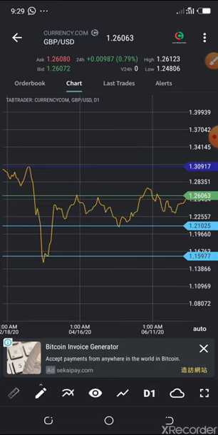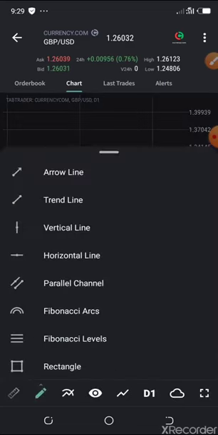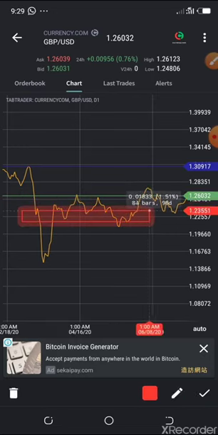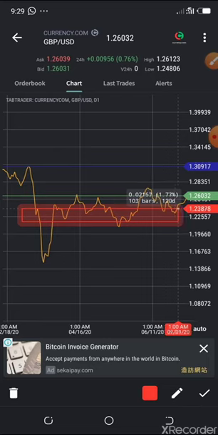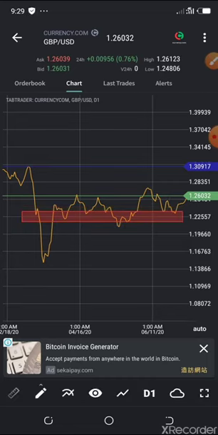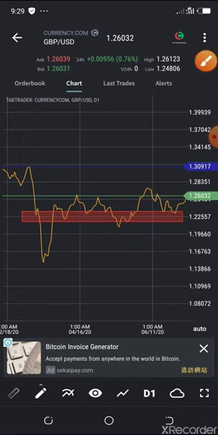Okay guys, let's start afresh for the beginners. We'll use this to indicate the zone. So I want to pick out zone 1. You see what happened here? There was a price reversal, and then we had three points. That's point 1, point 2, point 3, point 4, point 5. So this is a strong support, but we'll get to that later.